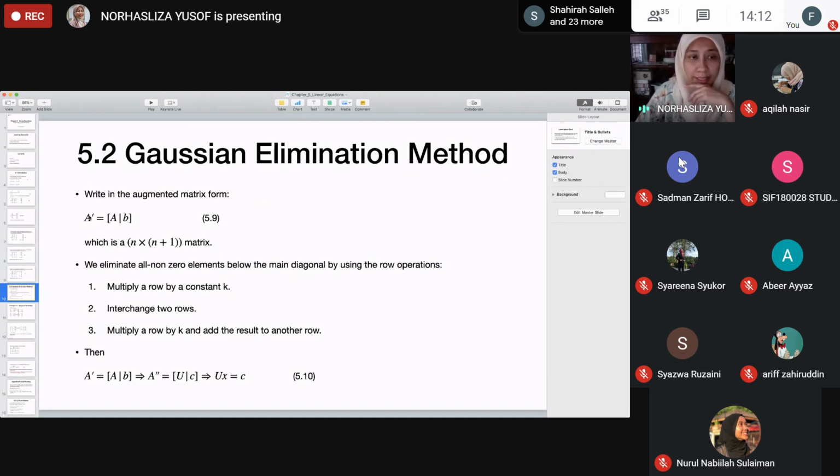Augmented matrix means A prime, a square bracket of A and a square bracket of B. The augmented matrix is the expansion of the A and B matrices. That is just in terms of writing, right? The idea of Gauss elimination is that we have to eliminate all the nonzero elements below the main diagonal. Then from there you can solve your Gauss elimination by using all those